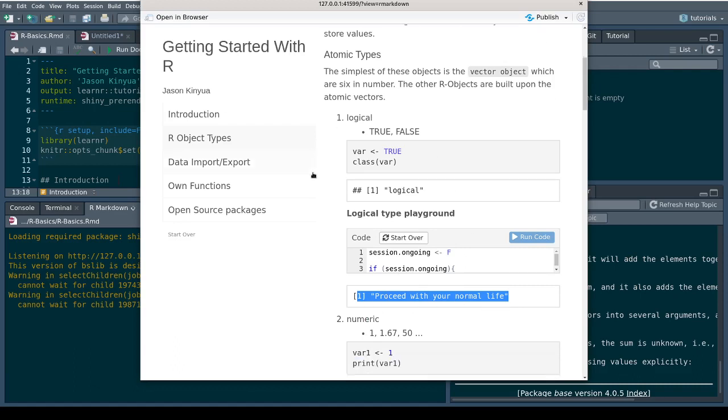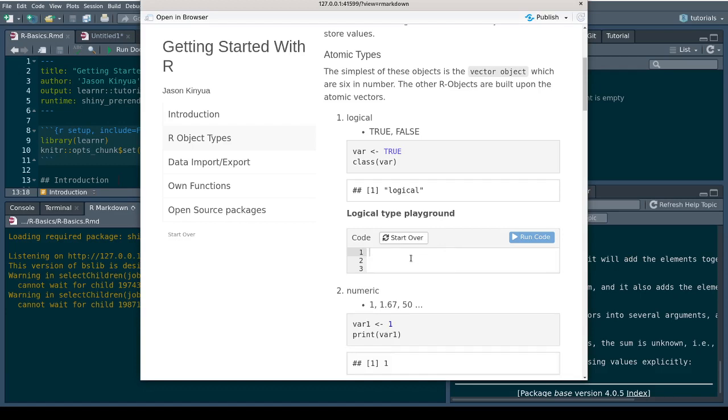Those are logical types. For logical types as well, you can do something called typecasting. Typecasting is basically moving from one type to another. For instance, assume you have another variable other than session.